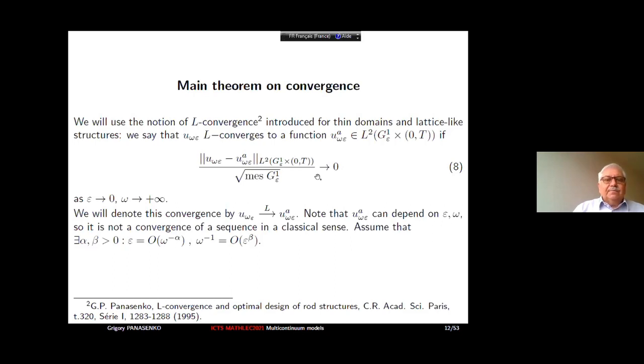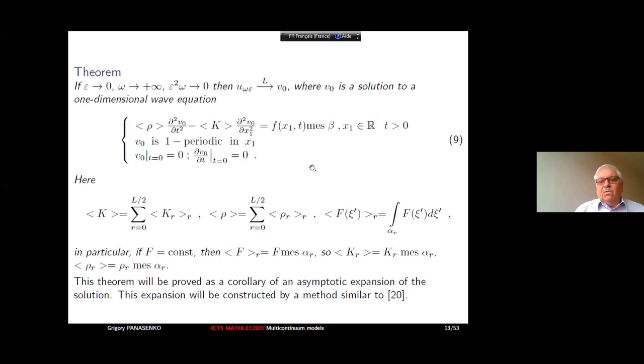Okay, so the result depends on the value that is epsilon square multiplied by omega. Epsilon is the ratio of the thickness to the length, and omega is the contrast between the layers. And if this parameter is small, then we get the limit model that is a standard model of the homogenization of a beam. And it looks like the following model,